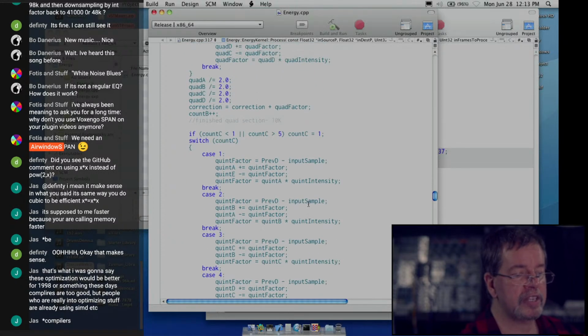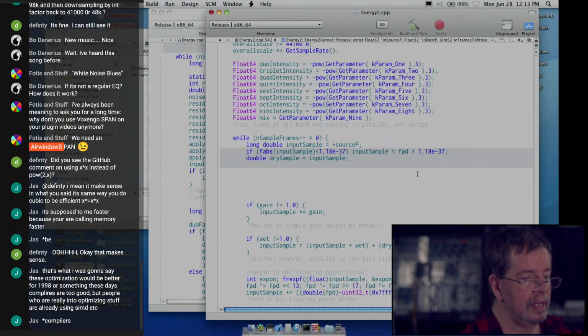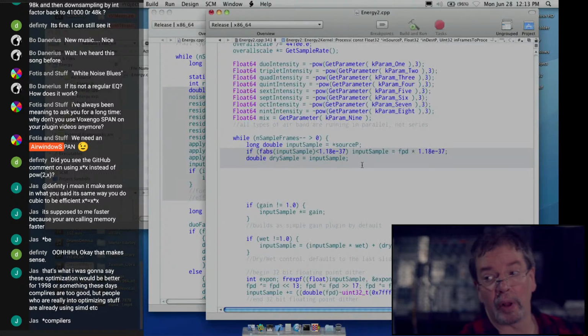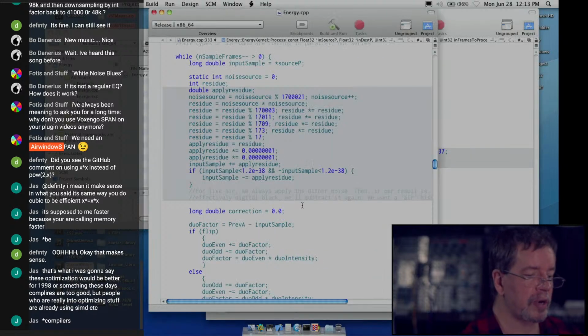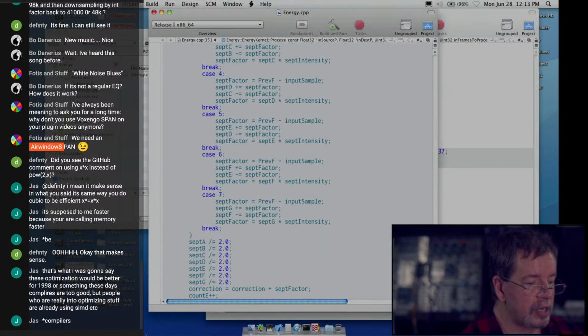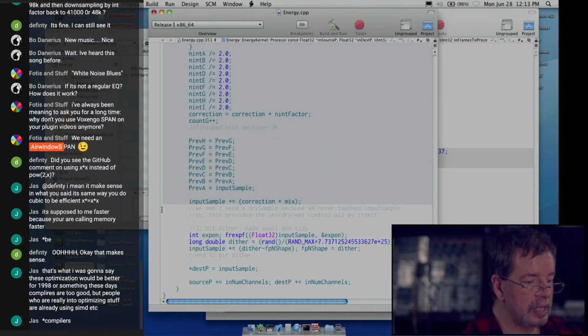I might leave dry sample still there, but yeah, that there is what this was. It got smaller because it's using FPD, and FPD is happening elsewhere. So, long double correction, which is where we start doing this audio stuff. This is very long text. Over to here,